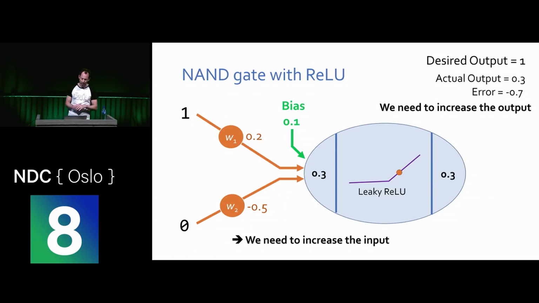So remember, this is for one training sample. We've got 3 others, and then we're going to go over them again and again and again. Right, so we've got to take into account the wishes of the other training samples as well. So one way in which we could do this is we could repeat this exercise for the other 3 training samples and take votes, saying who wants to increase the bias, who wants to decrease this weight. And then whichever gets the most votes wins. And then we make an adjustment and continue.